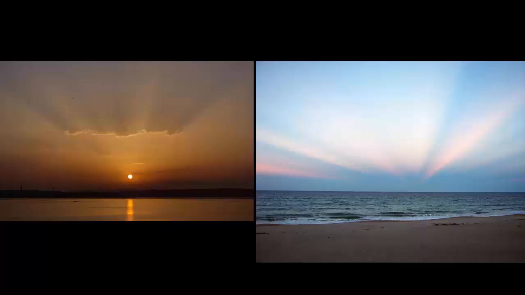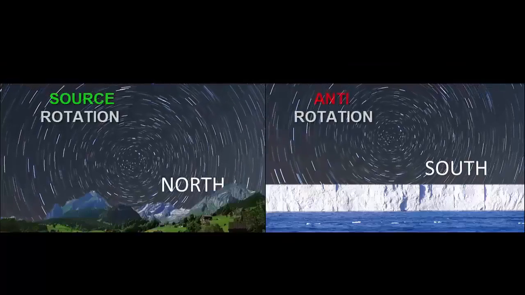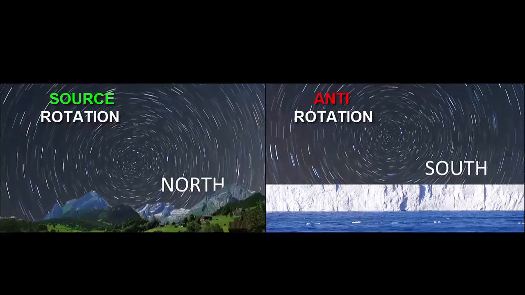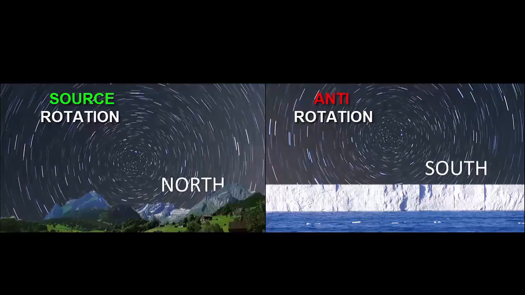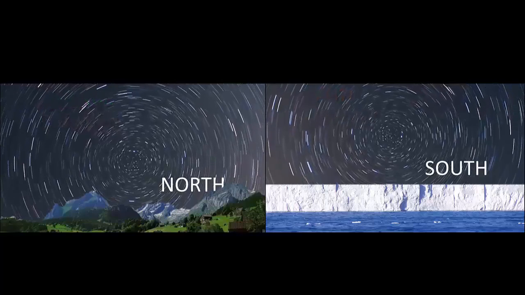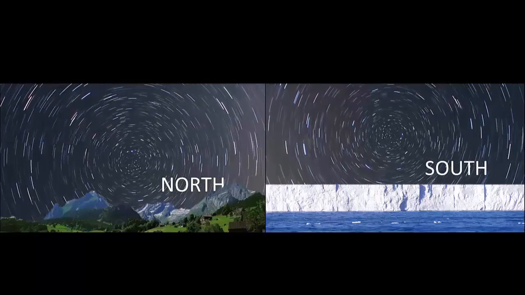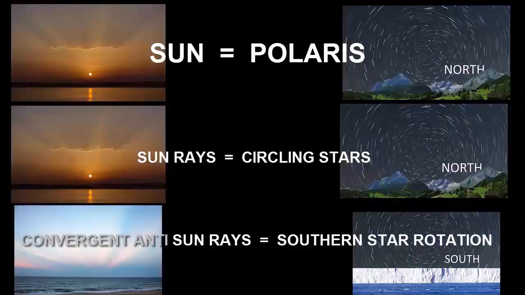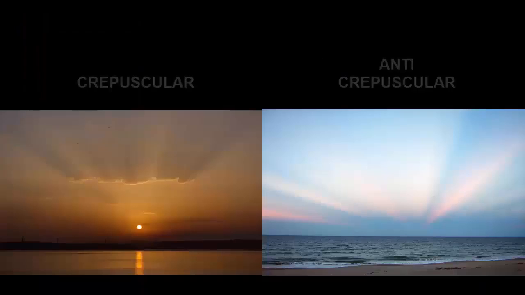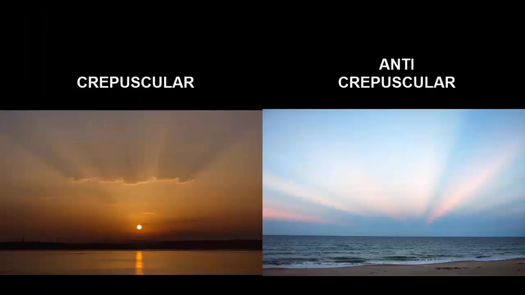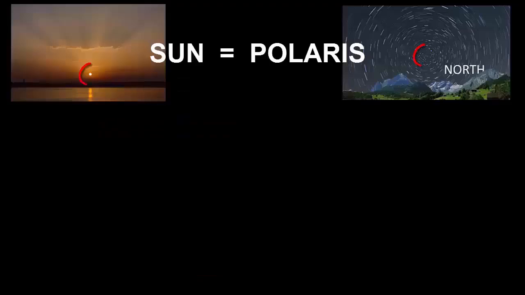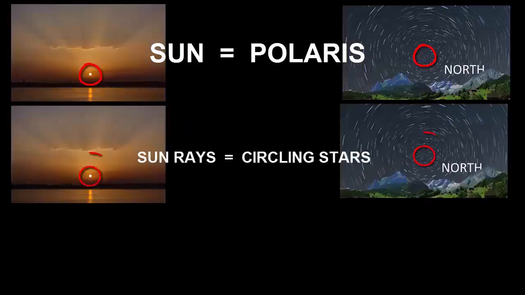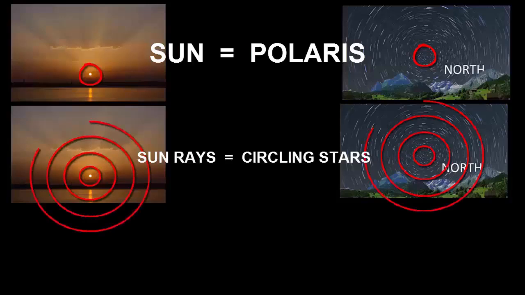The source of the light is the sun. So that's the same way that the stars, the source of the rotation is the northern rotation, not the southern. The southern is just an anti or a perspective produced counter rotation. Crepuscular and anti-crepuscular rays is some strong evidence that perspective will in fact explain that phenomenon. So that's why I'm using the crepuscular and anti-crepuscular rays to show a correlation between Polaris and its counterclockwise rotation and the clockwise rotation in the southern hemisphere.